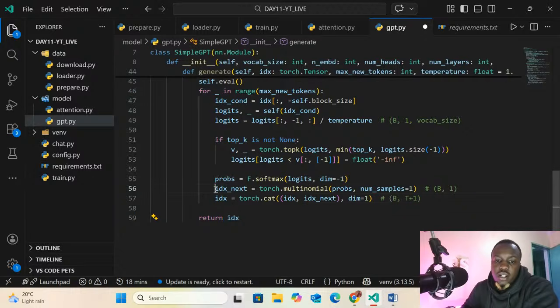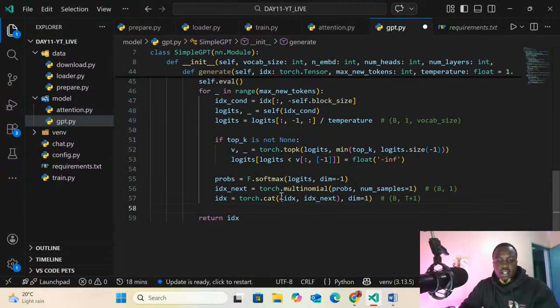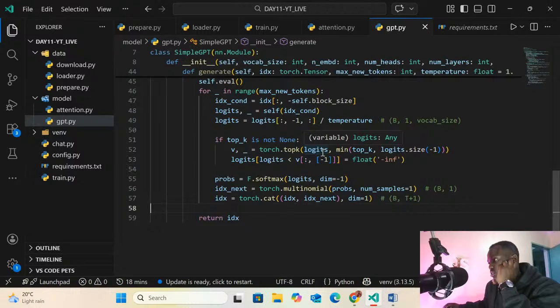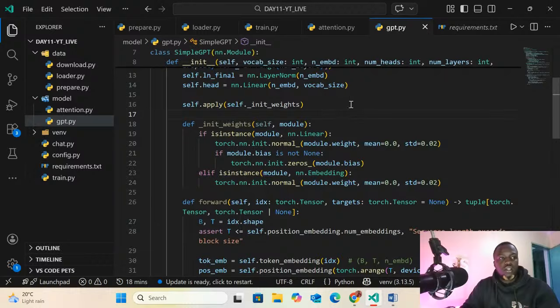The probs, we calculated the index, the next index, which was cool. I think this file is done. Let me just cross check from the existing file. This one looks to be cool. Maybe we can create the next file. Let me check if it needs a lot.